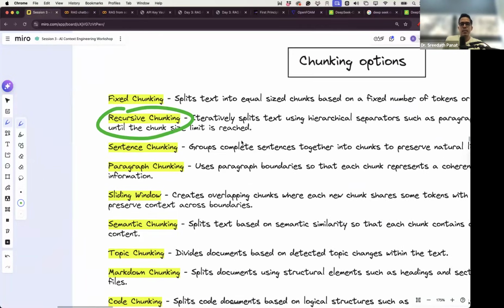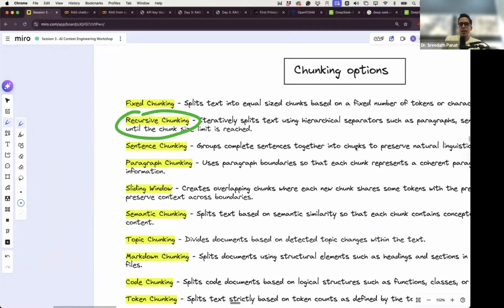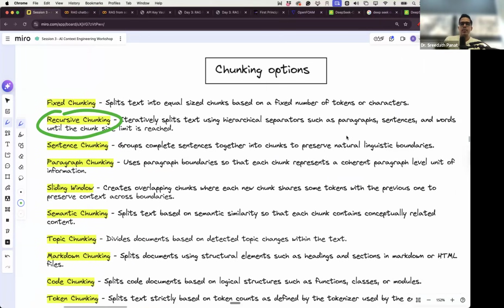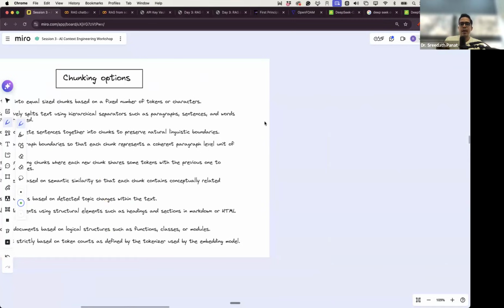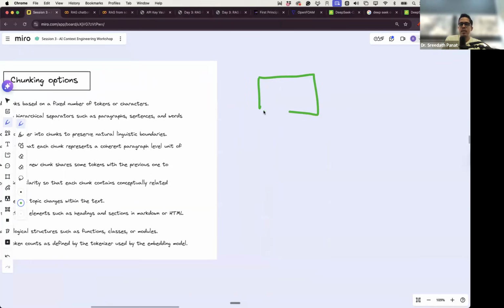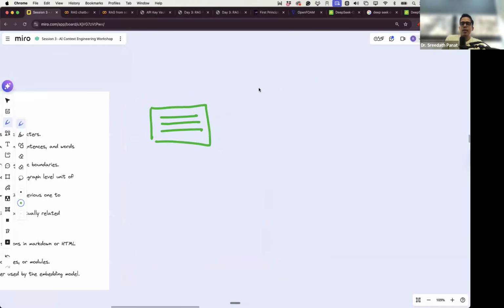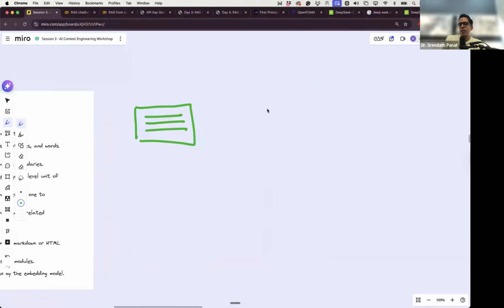So what recursive chunking does is, if you have a big document, this big document can be split into sections. It can be split into paragraphs. It can be split into sentences. It can be split into words. And then you decide, depending on the size of the chunk, whether an entire section will be one chunk, or an entire paragraph will be one chunk, or a few sentences will be one chunk. So let's say your maximum chunk size is 500 characters. Let's say you may have a Microsoft financial document with one subsection